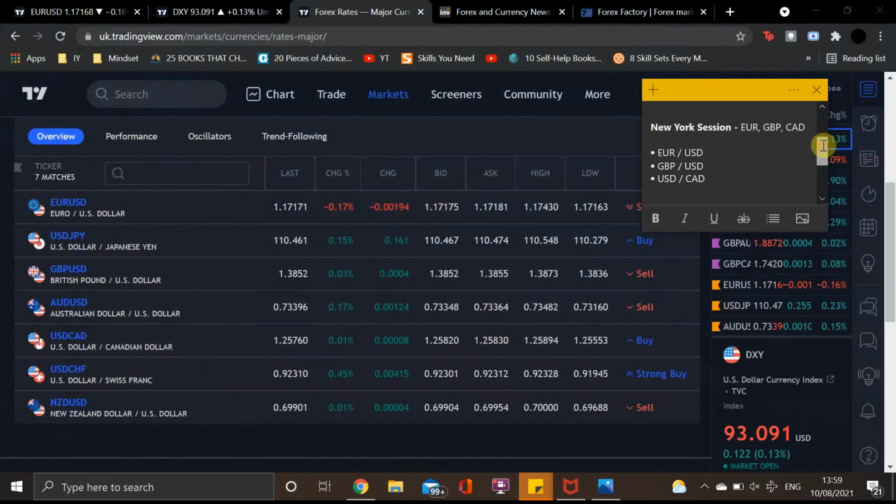So cool. The Tokyo Sydney session, I got USD JPY, second biggest pair, AUD USD, fourth biggest pair, NZD USD, seventh biggest pair. Got 3 trading pairs in the Tokyo session, which I can also trade in the US session as well. So bang for your buck, I guess. Maybe I should focus on those. That's the thing. Wouldn't it be smarter if